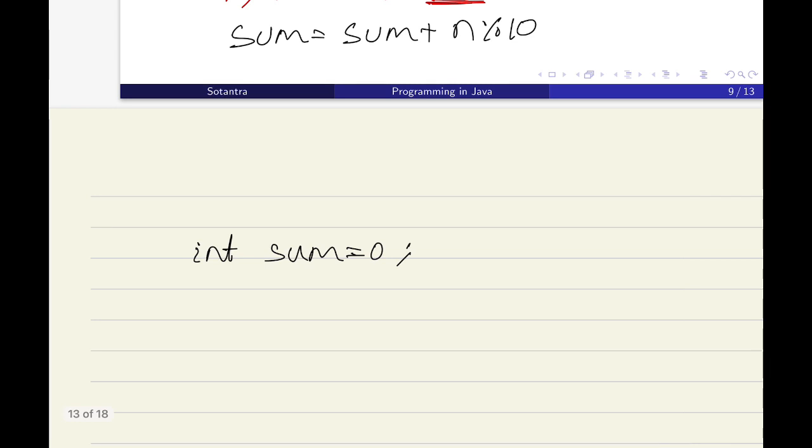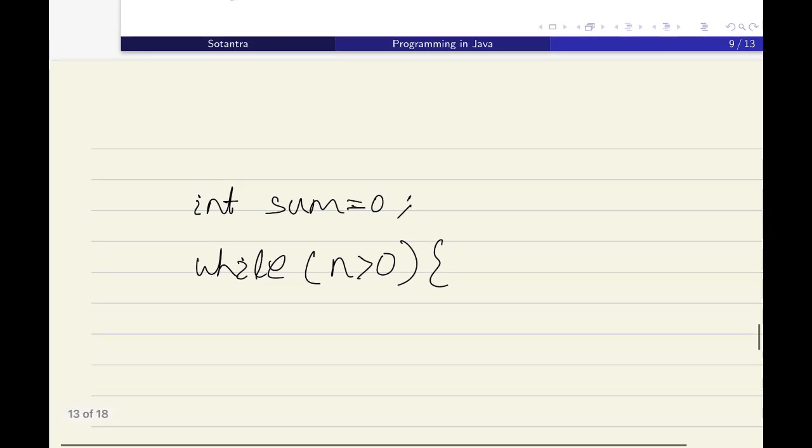So for that we can write while n greater than 0. That means while n greater than 0, we are going to apply the modular division and division, or we are going to continue the loop. So that's why n greater than 0 is the loop continuation condition.